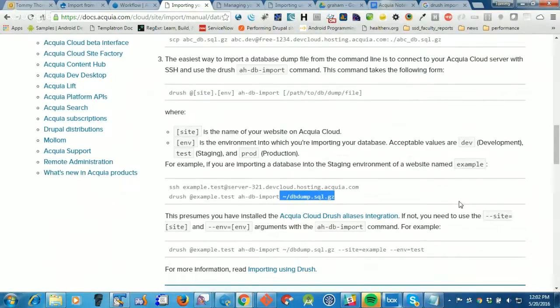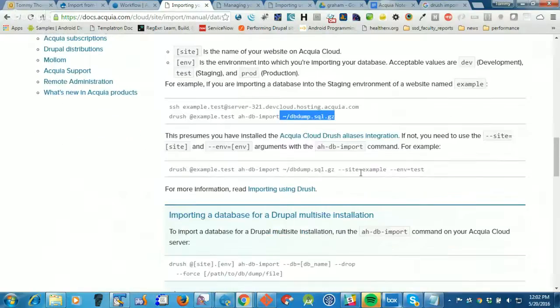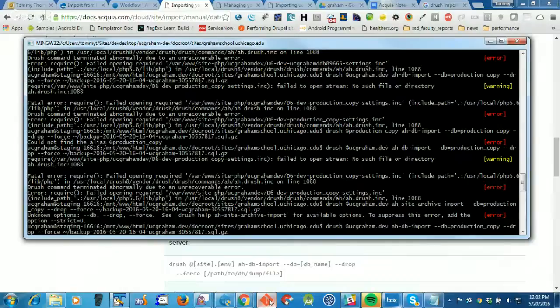Maybe import a decimal file. I presume you are installing. For example, site equal example, environment equals test. This means we have installed the. So if I do site equals environment equals dev. So let me do this real quick. So let's do